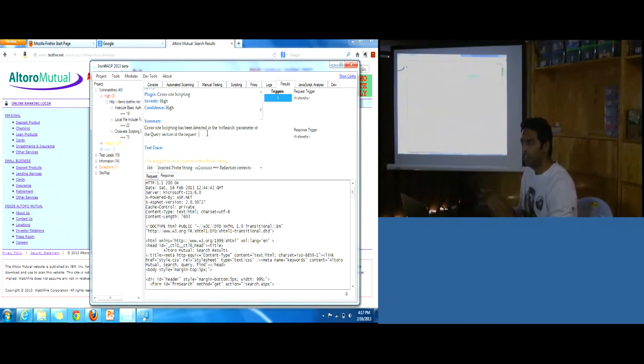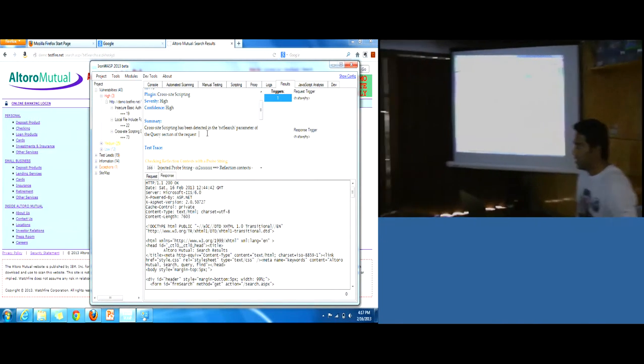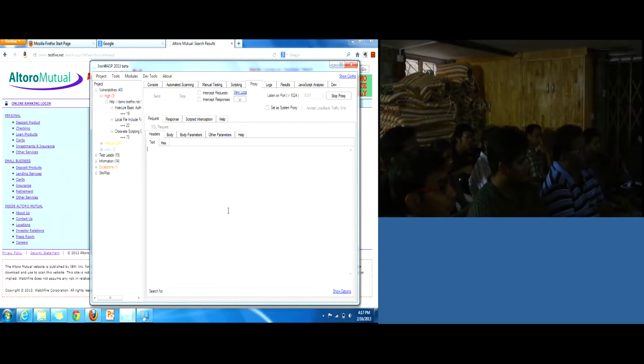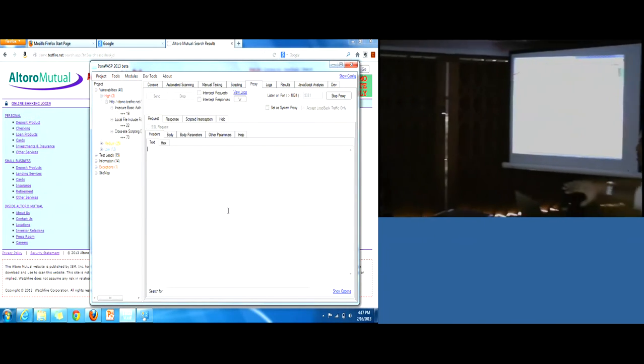Any questions on this? Yes, please. Can you intercept HTTPS requests? Oh yes, you can. Will it decode it by itself? Yes. When you have an HTTPS request, the tool will send its own certificate.